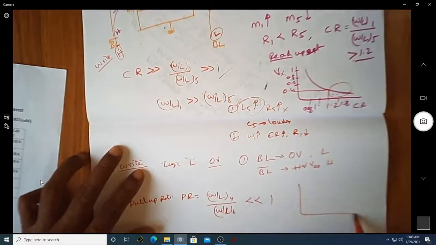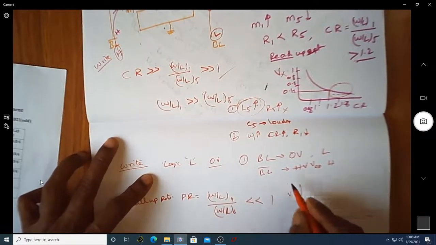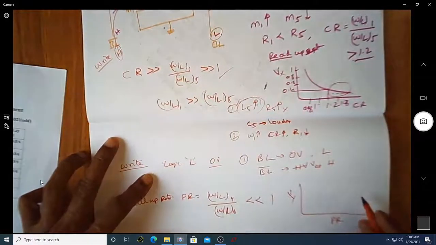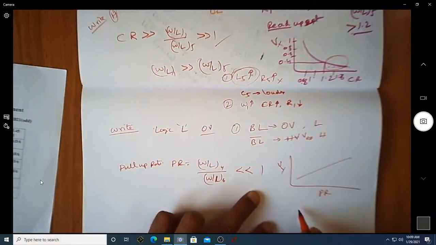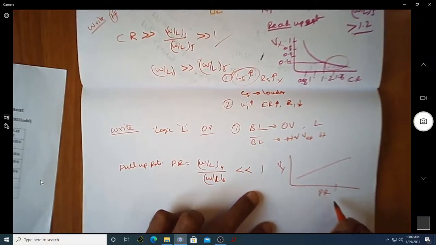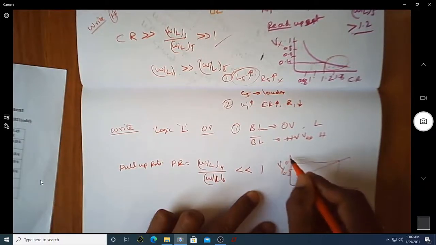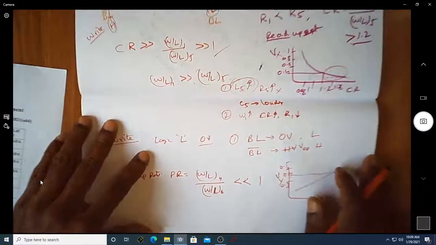Because what will happen is, suppose you say this is PR and this is the voltage at, let me say, Y, so let us call it V of Y. Suppose you draw a line, so this is again for a particular dimension of the transistor. So if it is 1.8, now this will be 0.4, this is 0.3, this is 0.5. So what should happen now is,